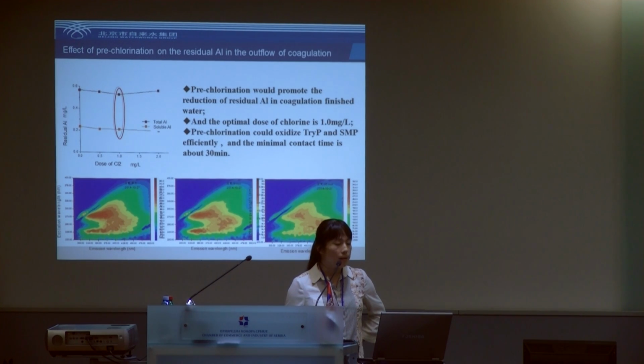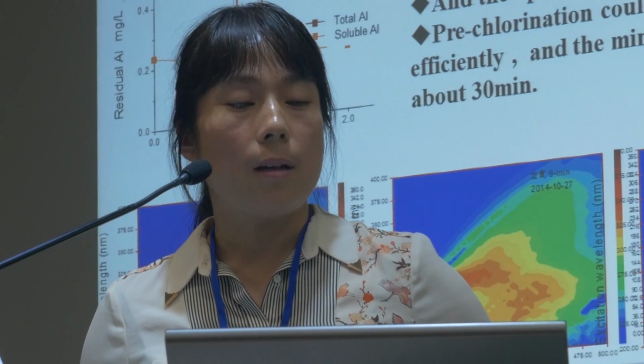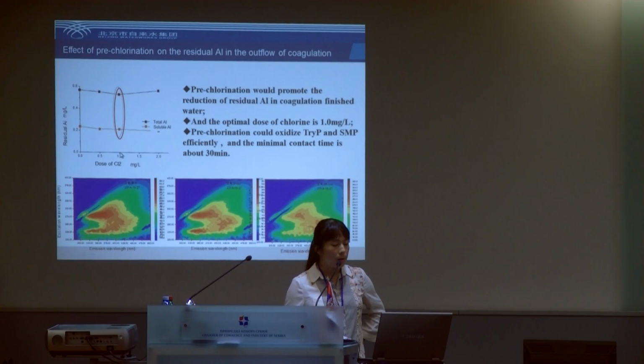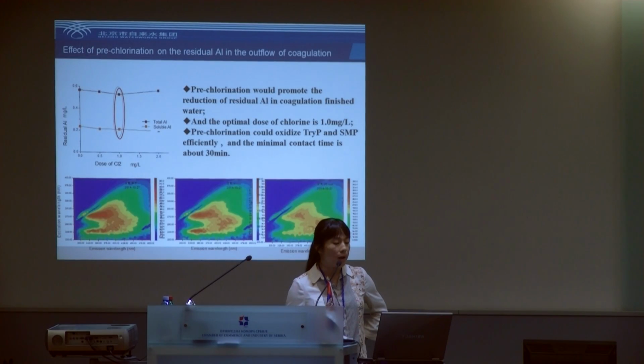This slide is the effect of pre-chlorination on the residual aluminum in the outflow of coagulation. The upper figure is the residual aluminum with different dose of chlorine. We could see the residual aluminum concentration is lower with the addition of 1.1 microgram per liter. That is to say, pre-chlorination would promote the reduction of residual aluminum in coagulation finished water, and the optimal dose of chlorine is about